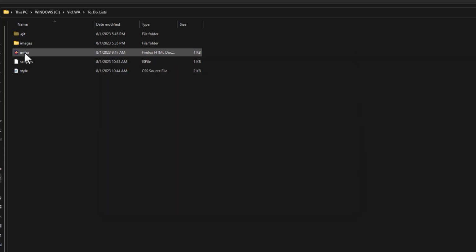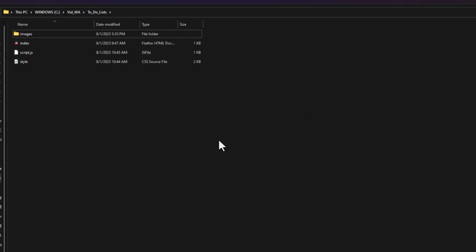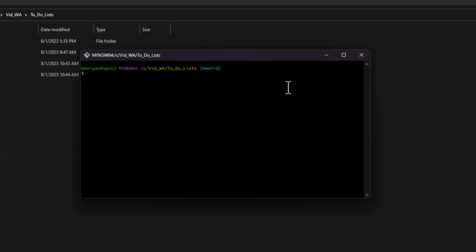So what I have here are some files that I put together for a small to-do list made out of HTML code, and I'll have a link down below to where you can download these files if you want to play with it. So you navigate to the file system, and then once you're over there, I'll right-click and open Git Bash here. Being the first time that we're opening it, we're going to go ahead and set